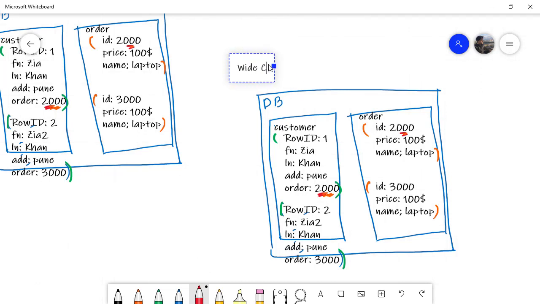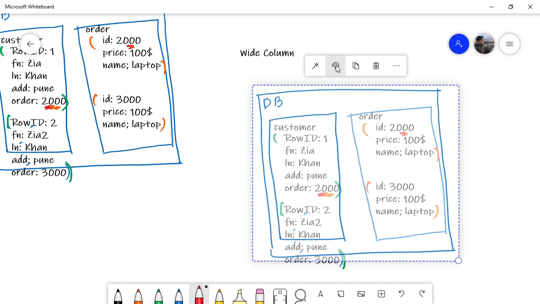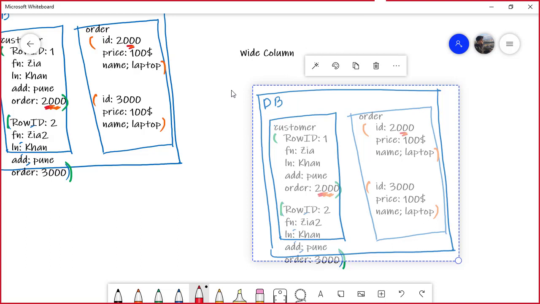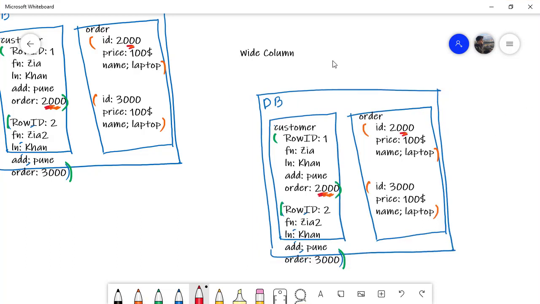I'm going to type wide column store. If you remember from our previous discussion, this is the third type of NoSQL database. Over here, we're going to say that